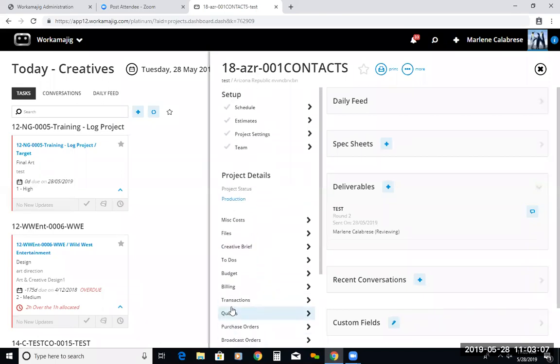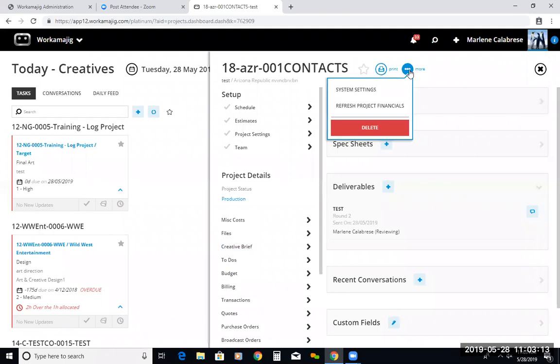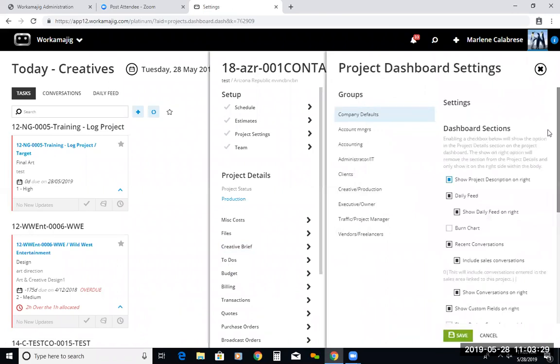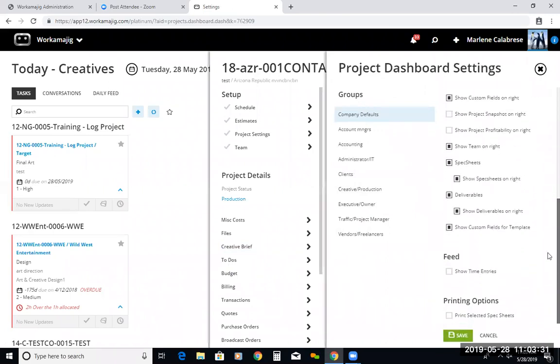But where it does today here on the that you have in the More section. So More, System Settings. If you go to More and you don't see this option of System Settings, it just means that your administrator hasn't given you that security right, and someone who's an admin can set this for the team if you'd like. But if you select Admin, you'll see when you scroll down here that showing the deliverables